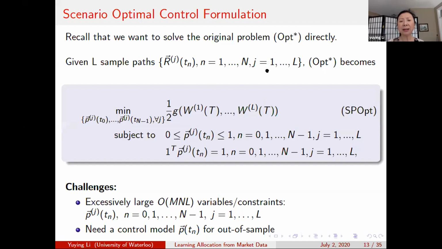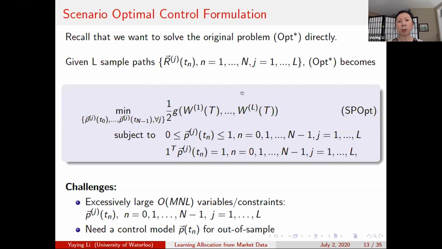Then what I have is this scenario optimization problem. I have control at every rebalancing time corresponding to different scenarios, subject to the constraint that the percentage allocation is between 0 and 1, and they have to sum to 1. And I have many scenarios of the terminal wealth based on my calculation. So the original infinite dimensional